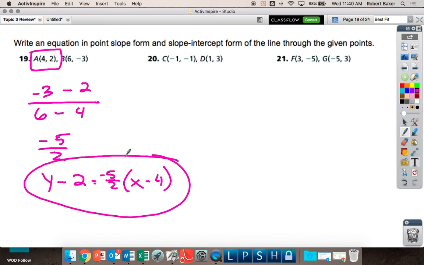Okay, I'm going to cut this short because